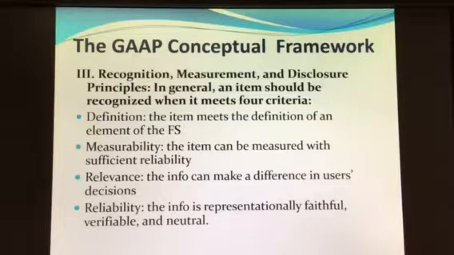prepared. I gave you a quick overview of the development of generally accepted accounting principles, and then we moved into the GAAP conceptual framework itself. The first level of the framework is to define the basic objective of financial reporting, and that is that financial reporting should provide information useful to present and potential suppliers of capital, equity investors, lenders, other creditors, and so on, that they can use to make decisions about providing resources to the company.